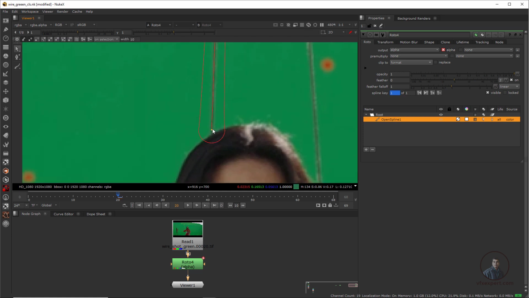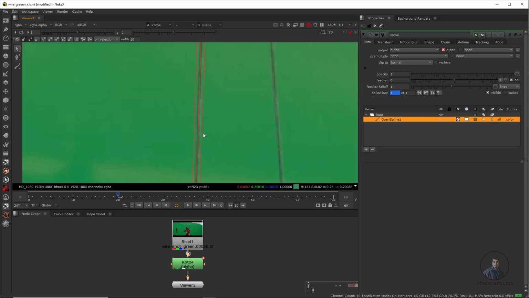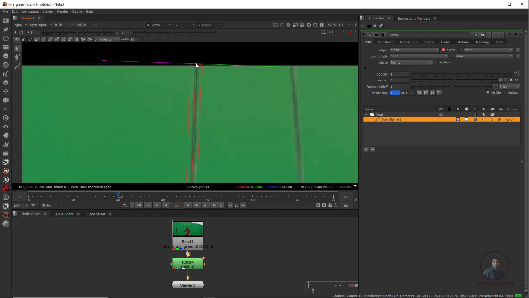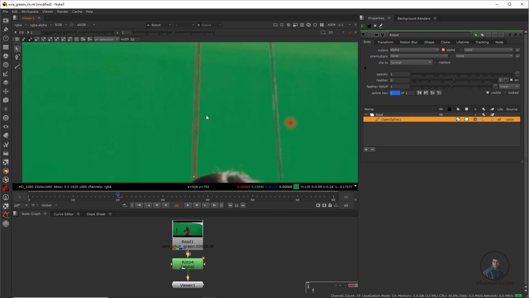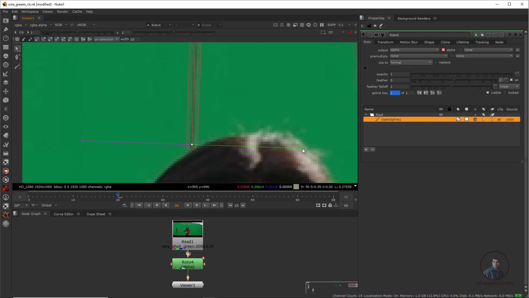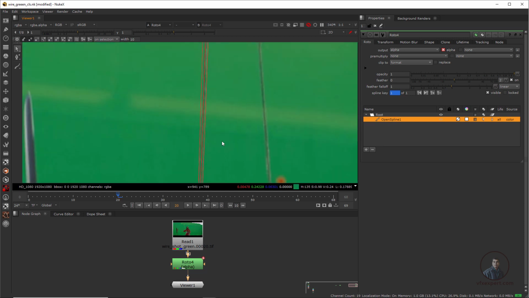Now again simply click here. So here I have covered our entire wire. Then simply adjust it a little bit here. Maybe this is sufficient for this one.